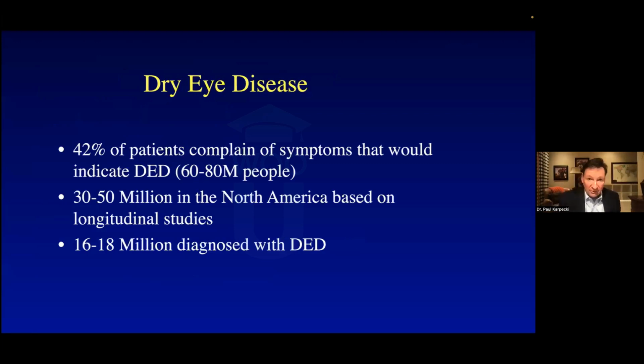Dry eye is common. Some people suggest 60 to 80 million people have this. Numbers are going up because of digital devices. There's no way they won't. We blink, what, a quarter of the time when we're on a digital device? Blinking cleans the eyelids because actually it's a scissor reflex. It pumps the meibomian glands. It pulls up the lipid and tears, so you get prevention of evaporation. And if you don't blink enough, you evaporate faster. So it's no surprise we're seeing these kinds of numbers, 30 to 50 million based on longitudinal studies.